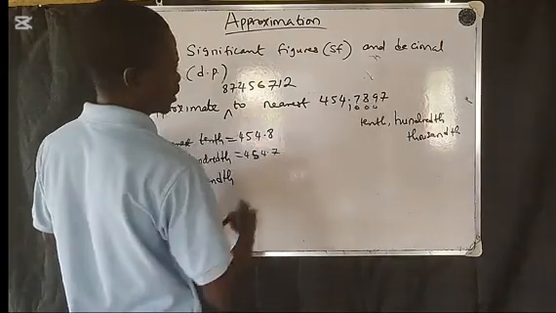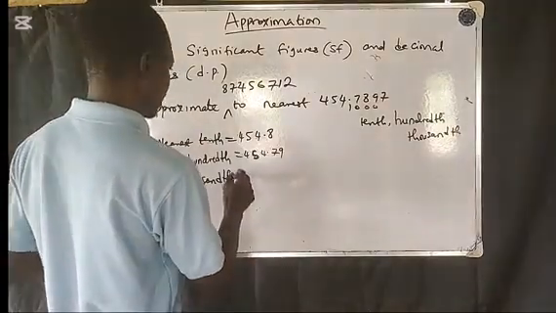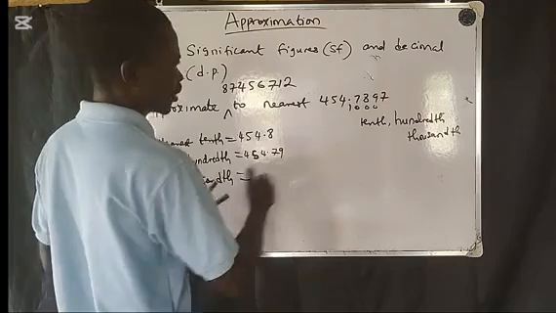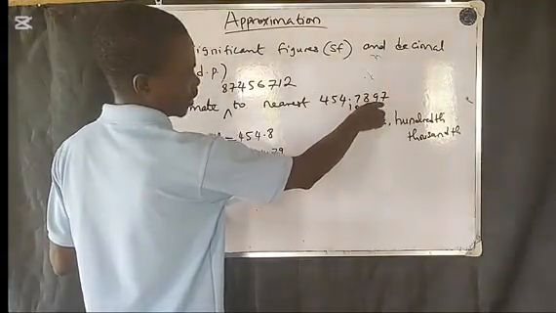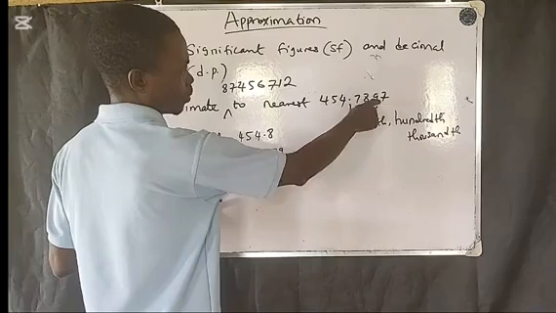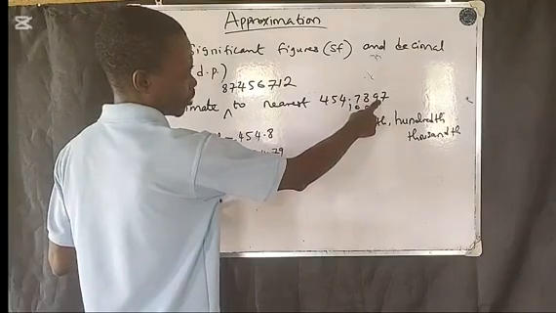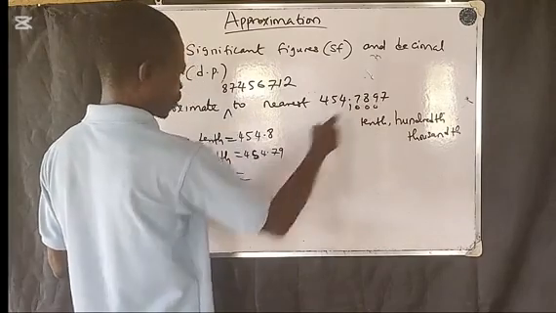You add 1 to this 8, it becomes 9. Instead of writing 8, you write 9. Nearest 1000, the 1000 falls under 9, so you cannot write 9. The next number to 9 is 7, a senior digit. You add 1 to 9 and it becomes 10. You can't write it, so you add 1 to this one, it becomes 9. So we have the same number,